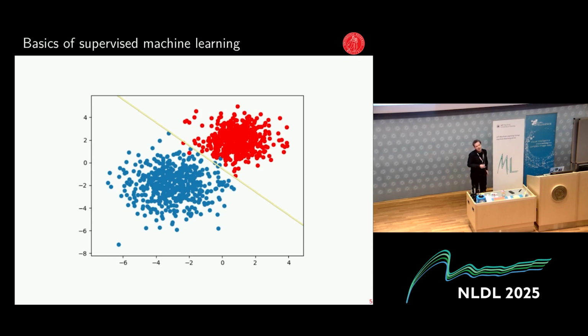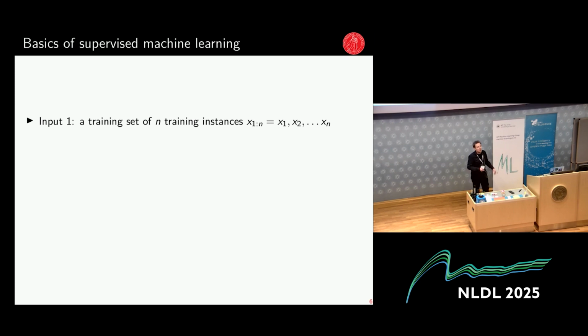Like in this example of making predictions on a data set with instances belonging to 2 classes, blue points and red points, right? So the input of a model is some set of training instances, for example, email messages,